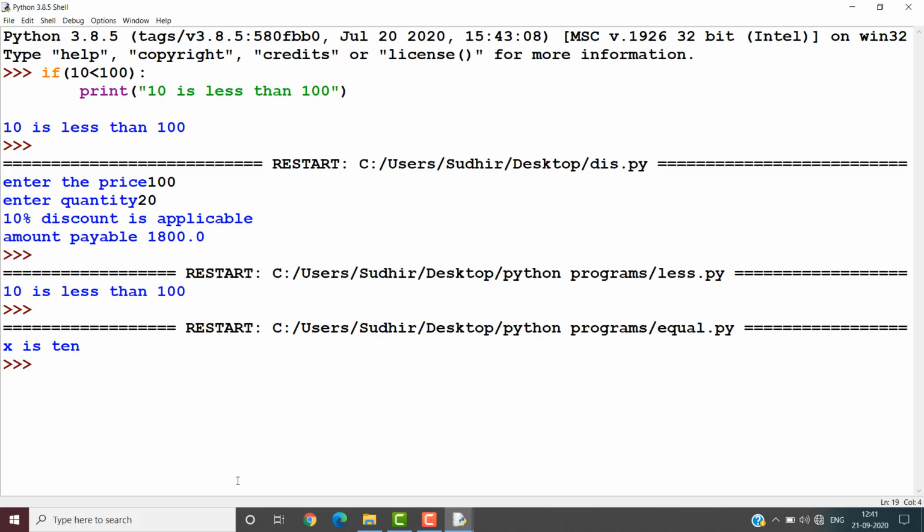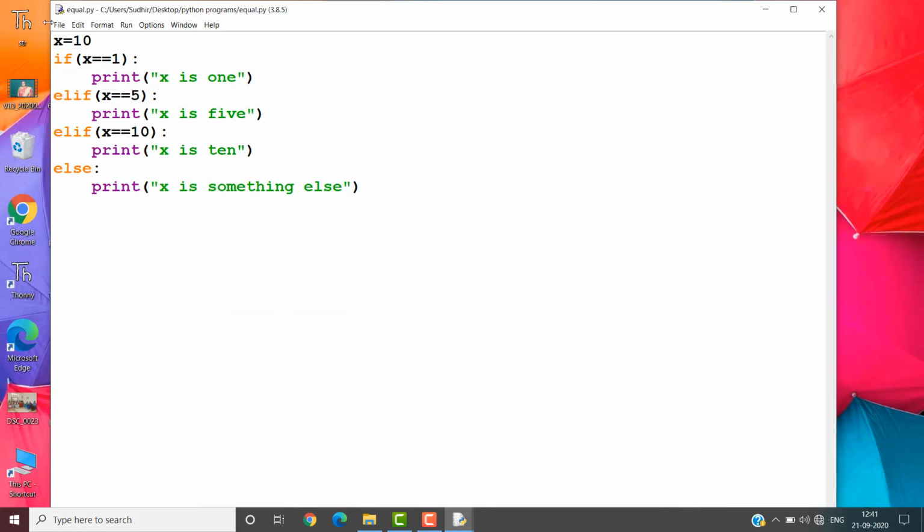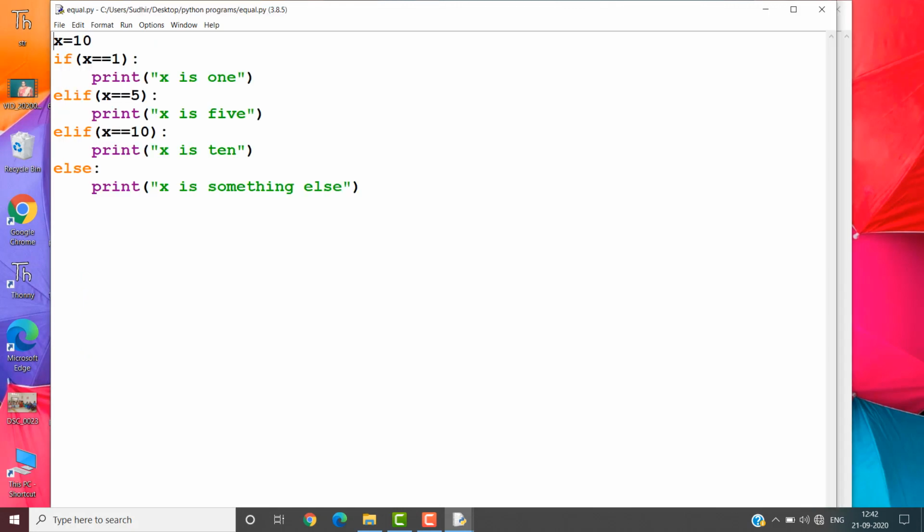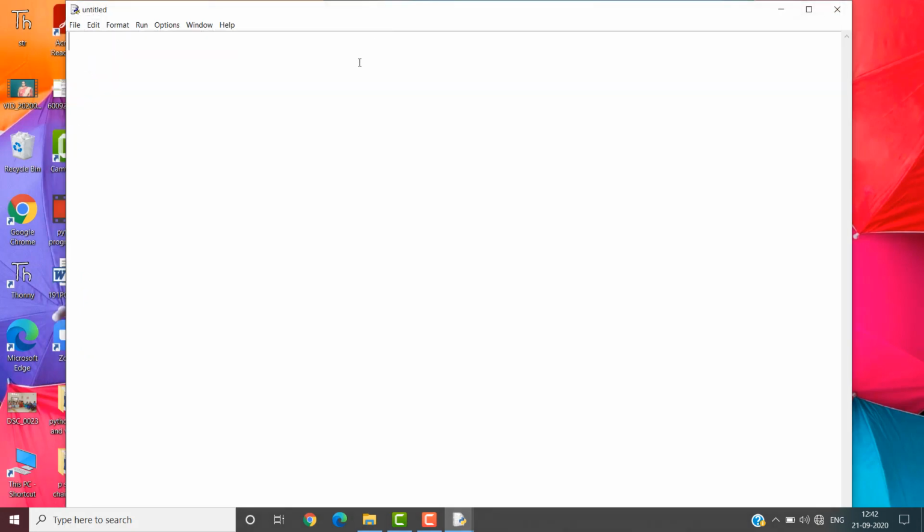Okay, let us do an example related to loops now. Coming to the iterative control statements, under iterative control statements we have the while loop and the for loop, isn't it? Let us do an example with the while loop. Let us take a number, num is equal to 0. Take a count equal to 0, then take another value, sum is equal to 0.